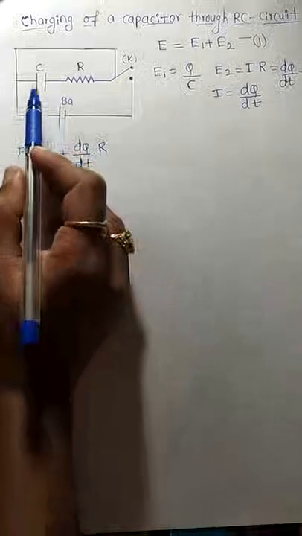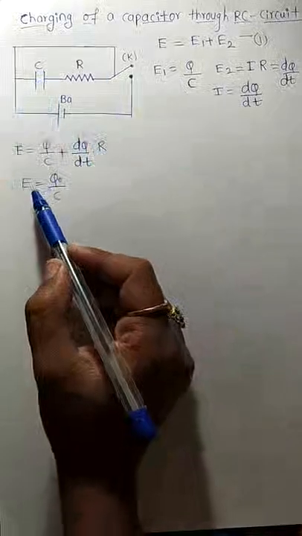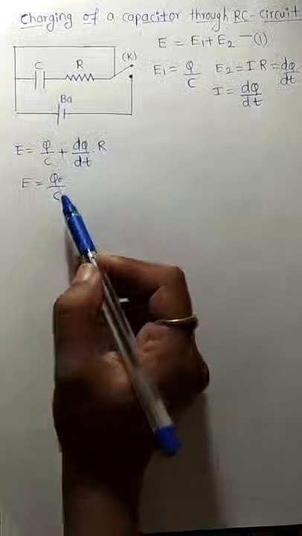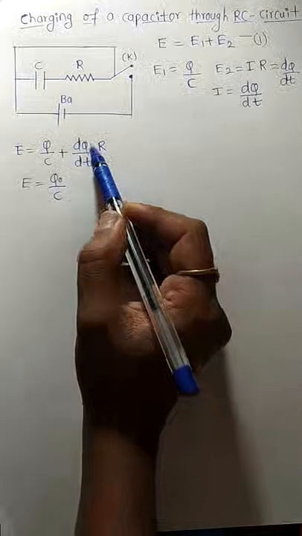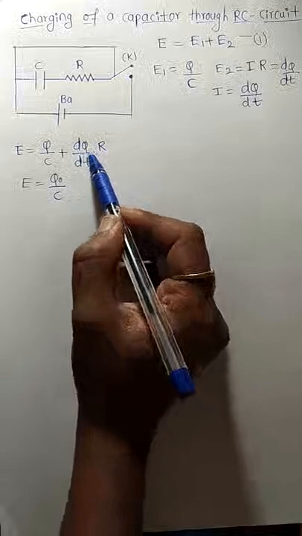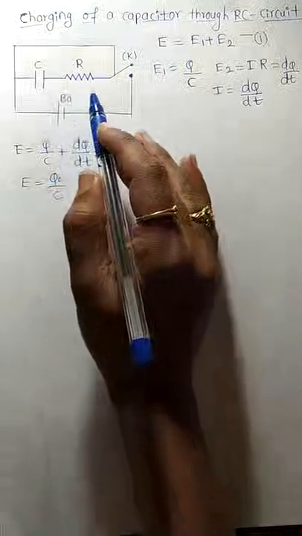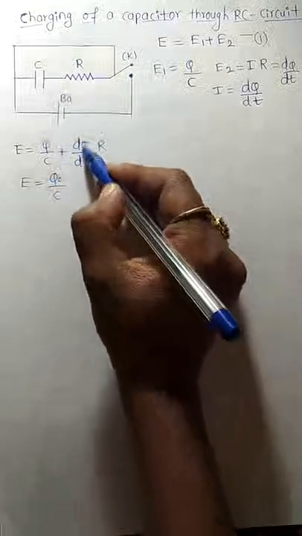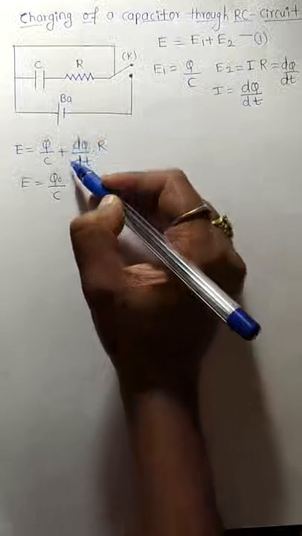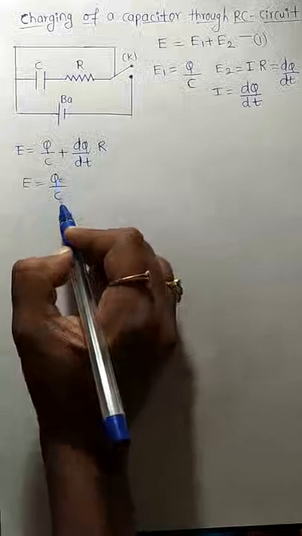Because once it reaches a maximum value, maximum electrical energy had been stored in the capacitor. So we got what? E is equal to Q naught divided by C. That time there is no change in the what? Current. There is no change in the current. So current will be what? Constant. So we got what? Differentiation of a constant value is equal to what? 0. See, once the number of charges has reached a maximum value, then Q becomes constant. So if Q becomes constant, the differentiation of that will be 0. So this part becomes what? 0. And what do you get in your equation? E is equal to Q naught divided by C.